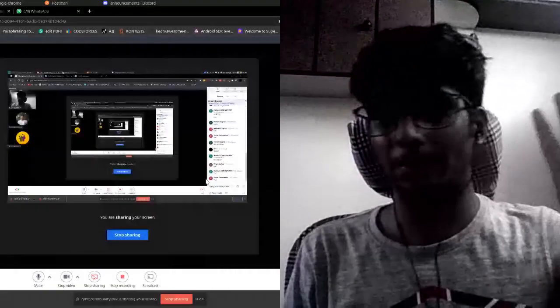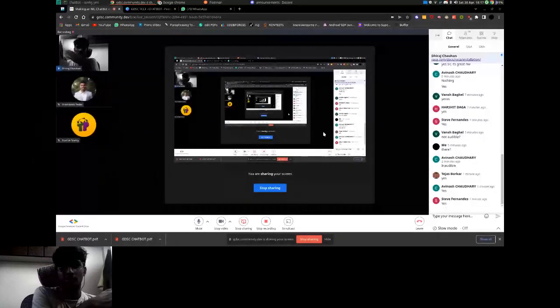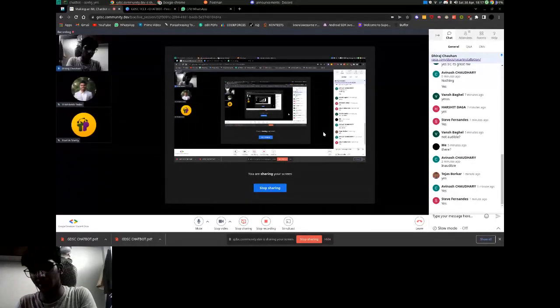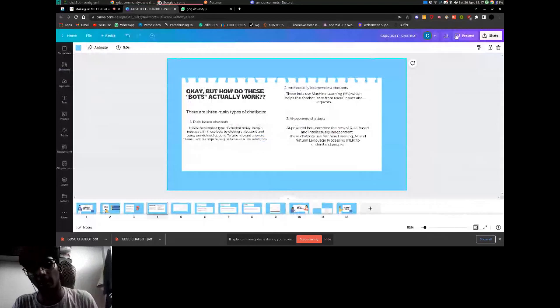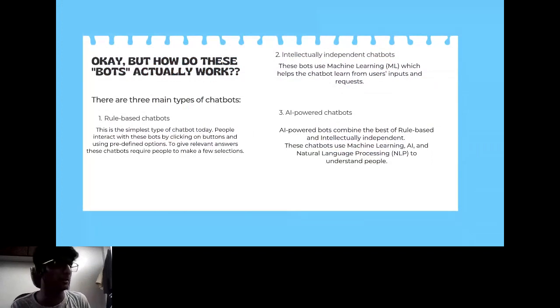So I hope two types समझ में आ गए हो. One is just rule based, and another one is model based जहाँ पे we are simply understanding the user's input and trying to come up with a relevant answer to it. Okay. Now the third one comes जहाँ पे it is I know a little similar, but यहाँ पे आएगा AI powered chatbots. You can think of Google, Alexa, जहाँ पे we are not having some answers directly written. वहाँ पे automatically it understands how things will work. The more a user uses it, the more it gets better, and it can be considered as the best of both, including the rule based and intellectual one.